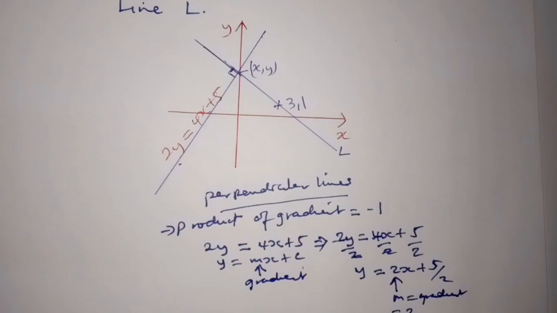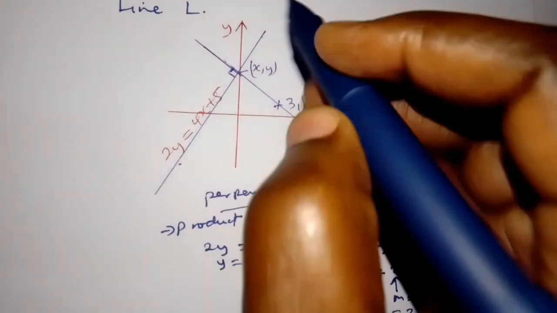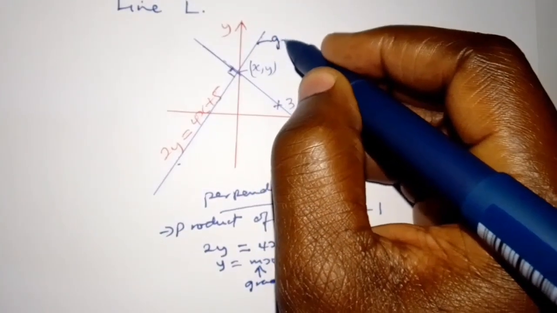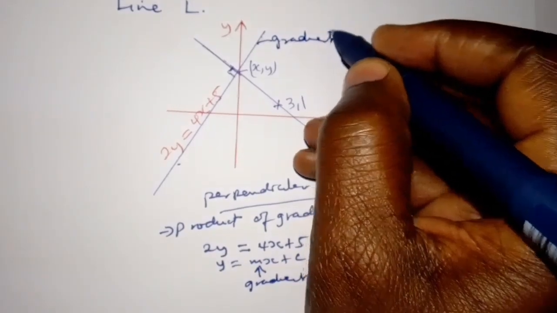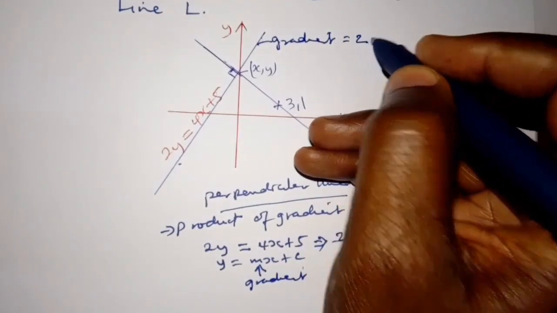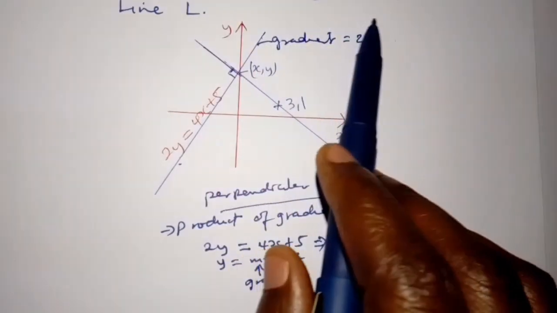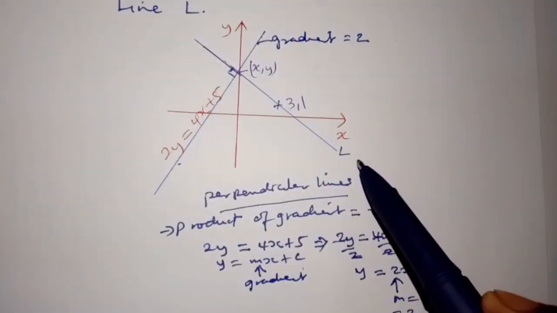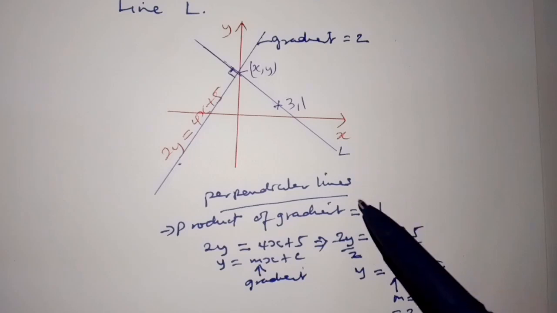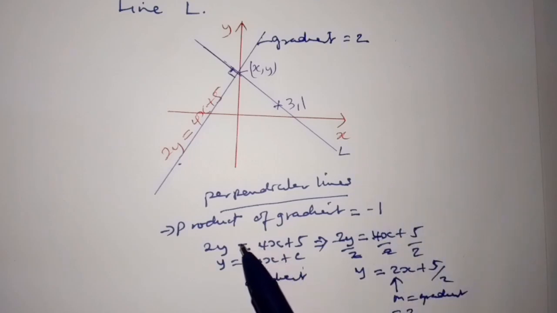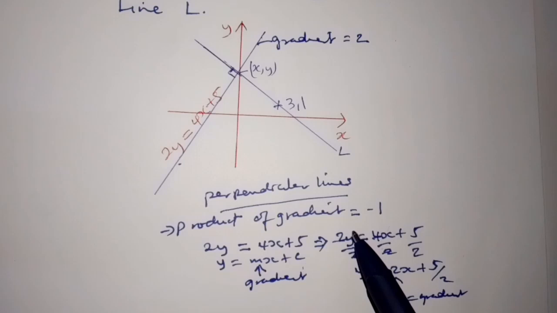So it means that the gradient of this line is equal to 2. So we want to determine the equation of line L here. Now, because we know that the product of gradients of perpendicular lines is always -1, we can say that